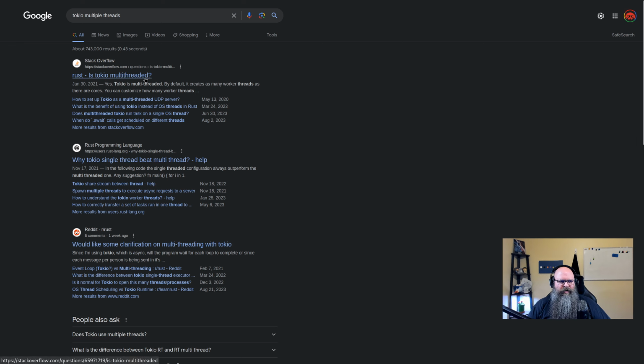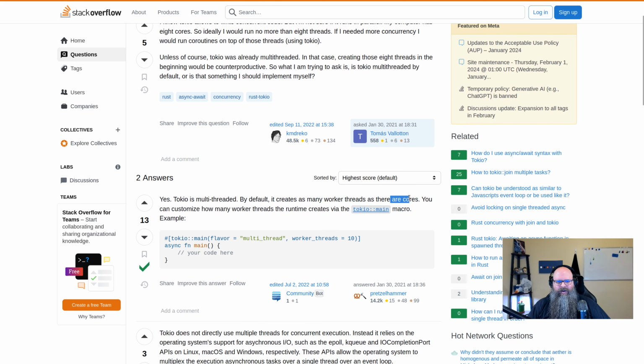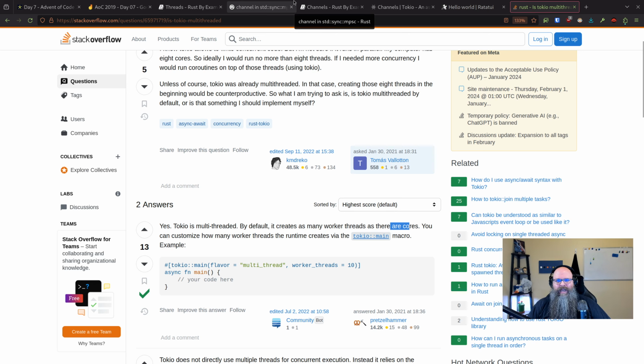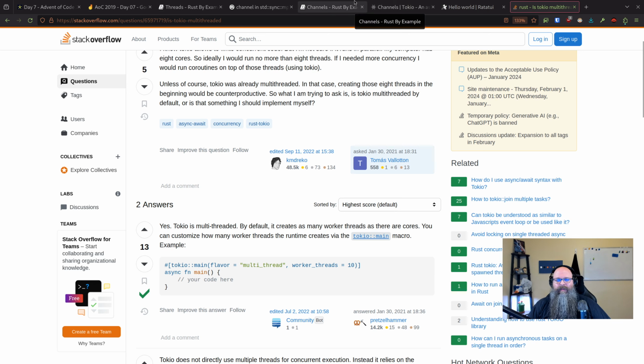Does it do it over threads? Yes, it is. Okay, there you go. It creates as many threads as there are cores, but then you have multiple tasks, right? Go does this as well with its goroutines. You can think about Tokio and asynchronous programming as very similar to how Go does its threads and channels and stuff